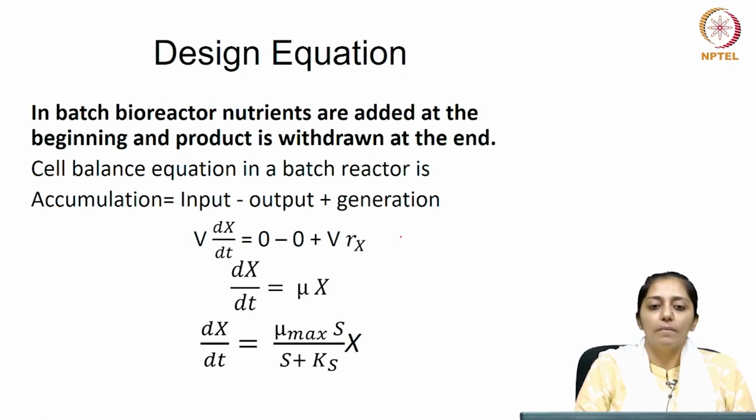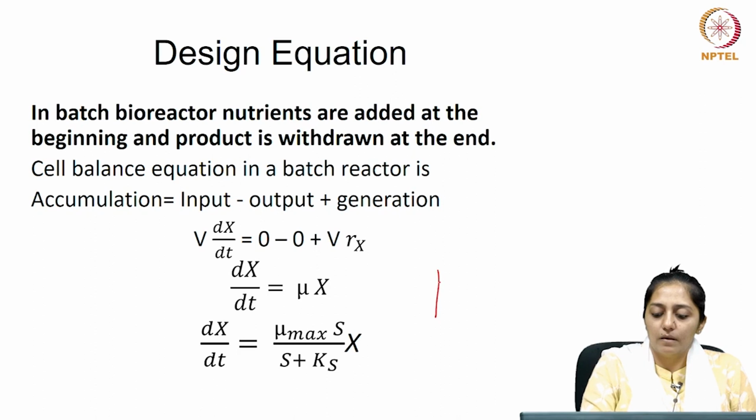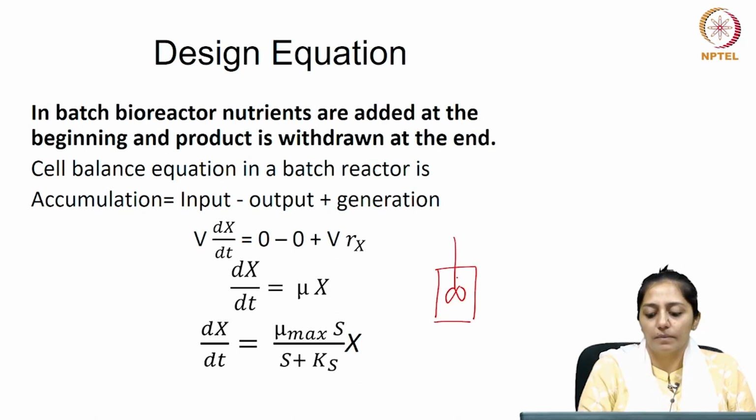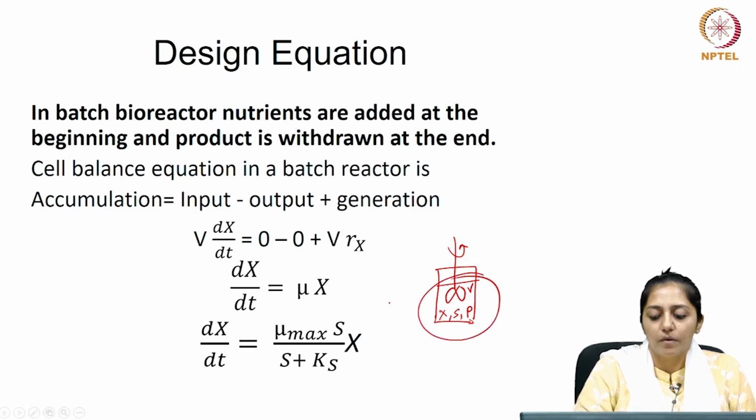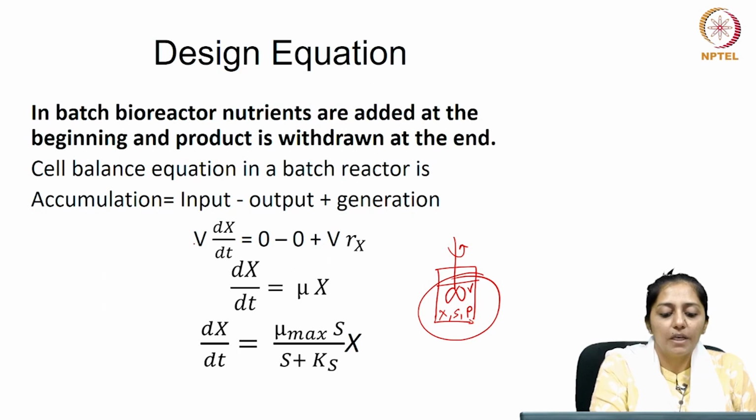If you do a cell mass balance for a batch reactor and apply the law of conservation, so if we do a mass balance for the reactor, then the rate of accumulation of biomass,